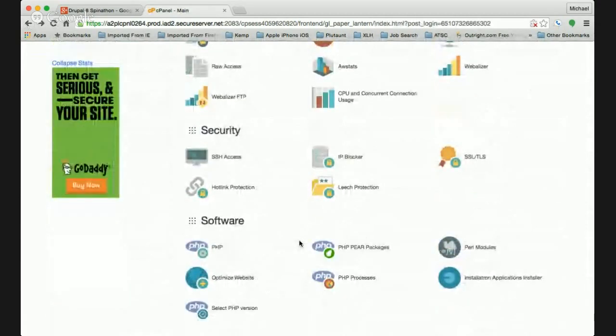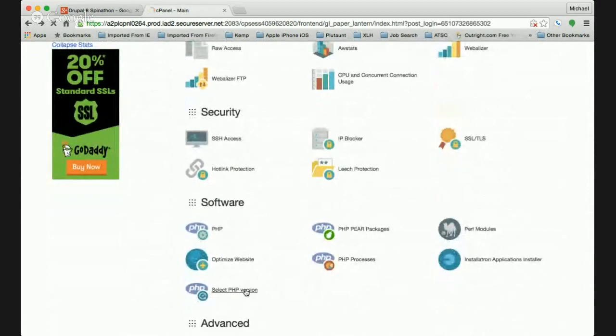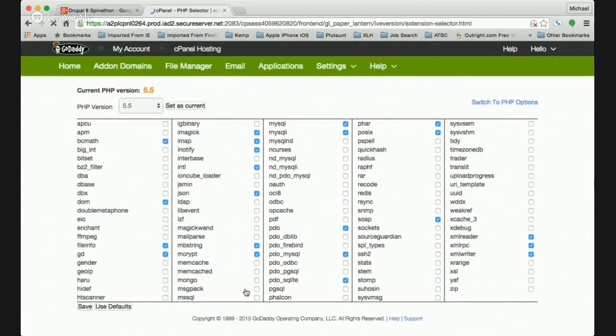Did you use cPanel? It's common. I have used it. I don't like it, but